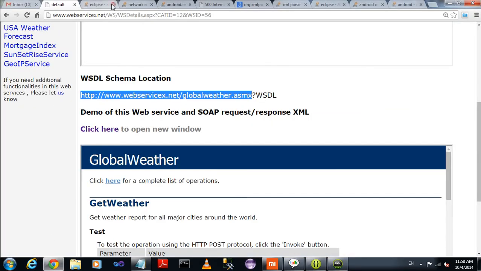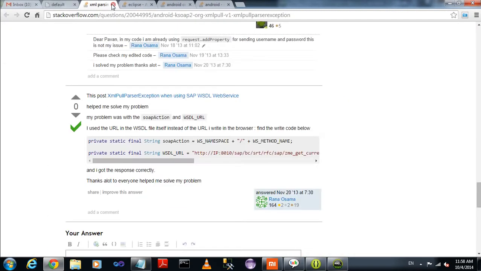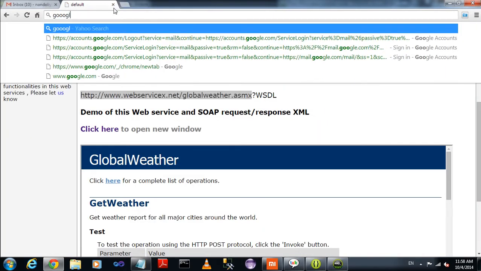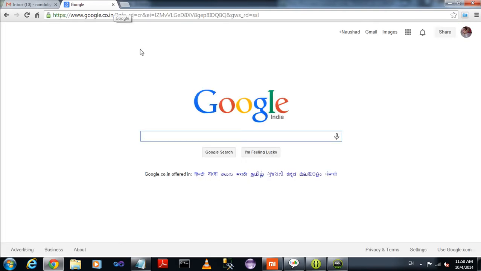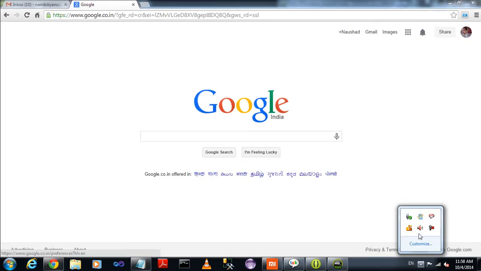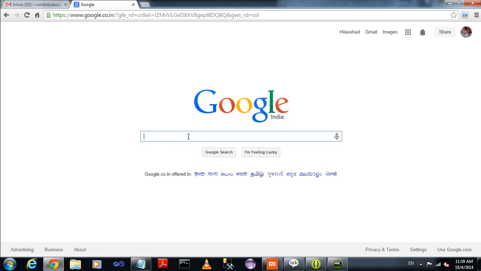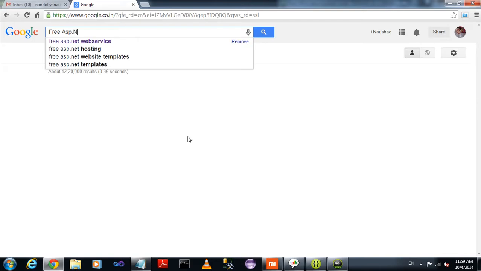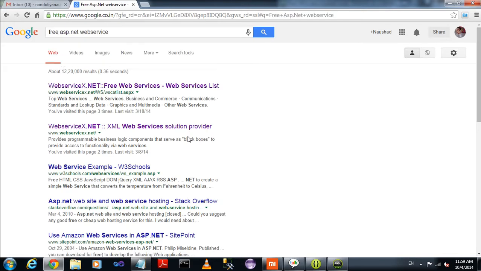Now just go to Google and search for free ASP.NET web service, which is available as a sample.